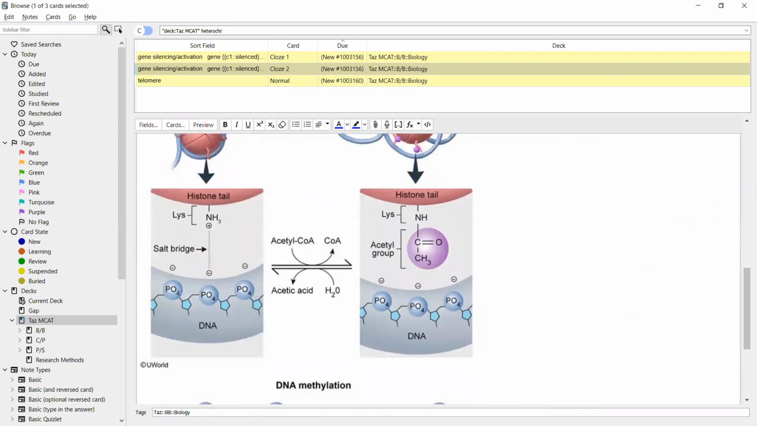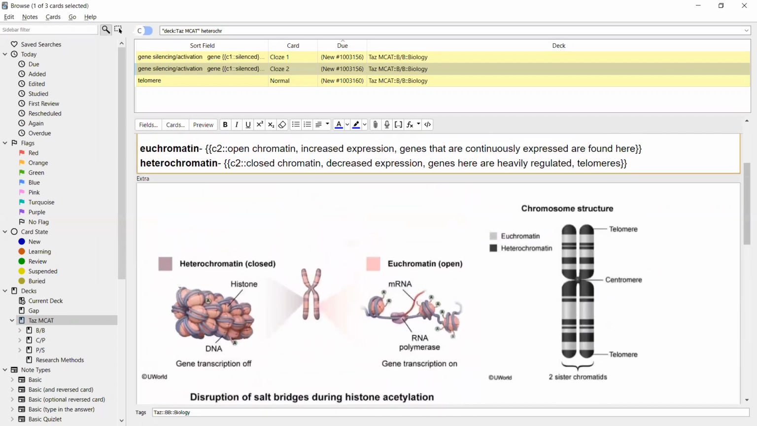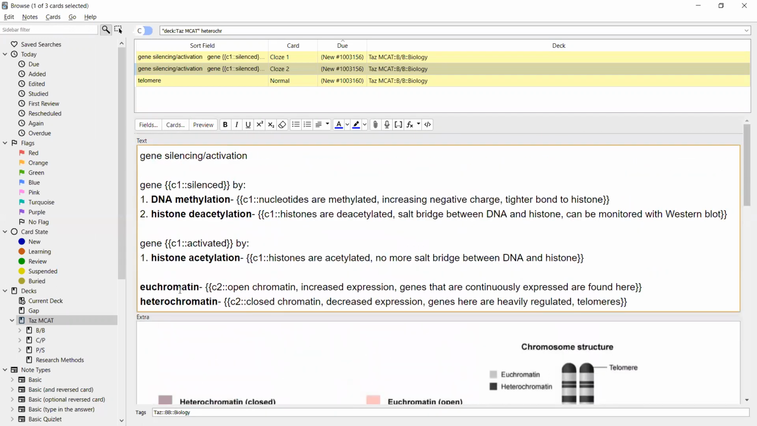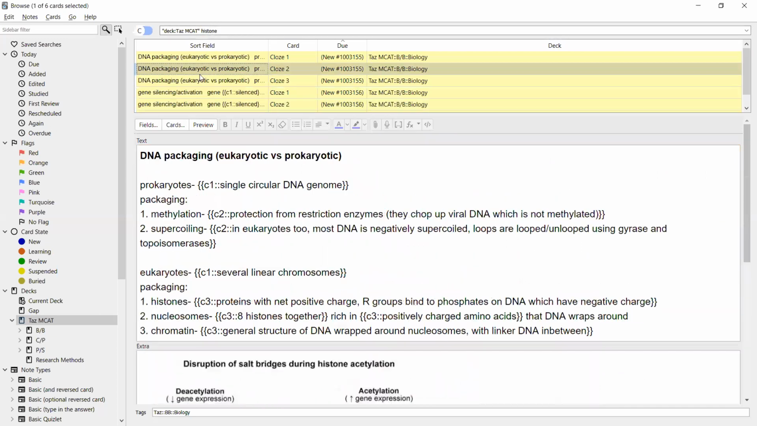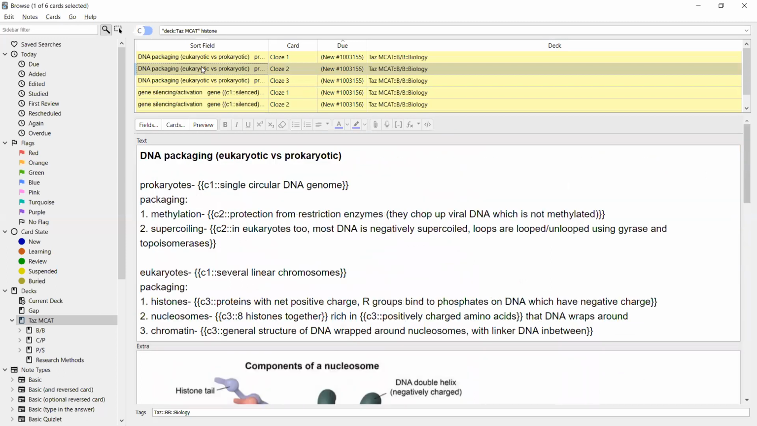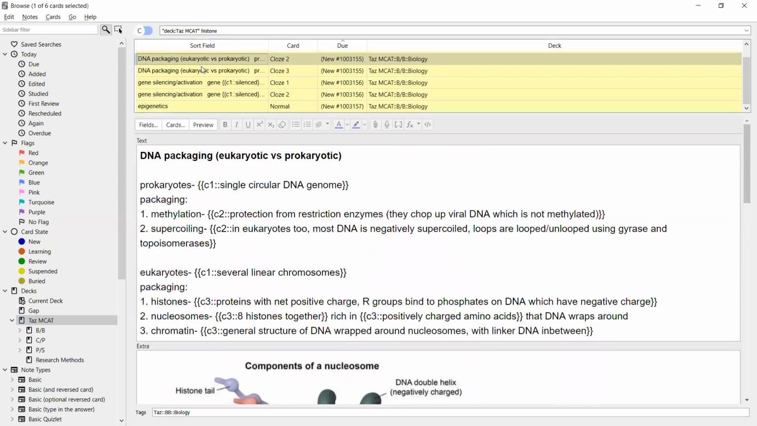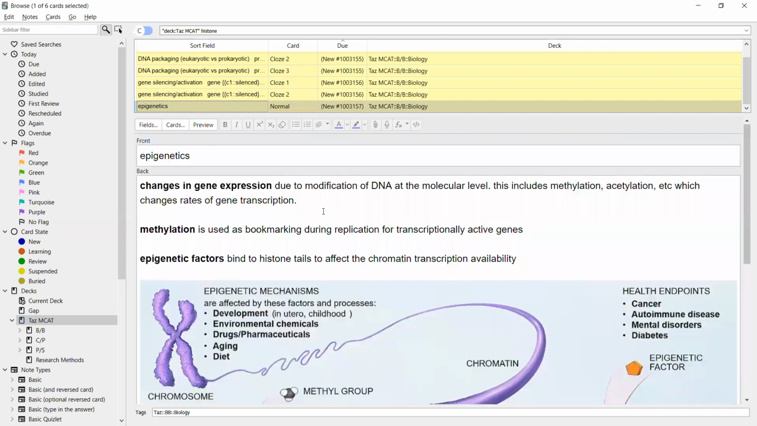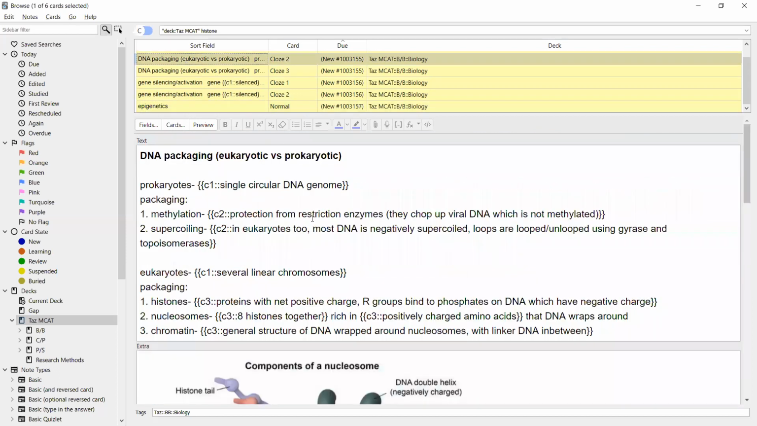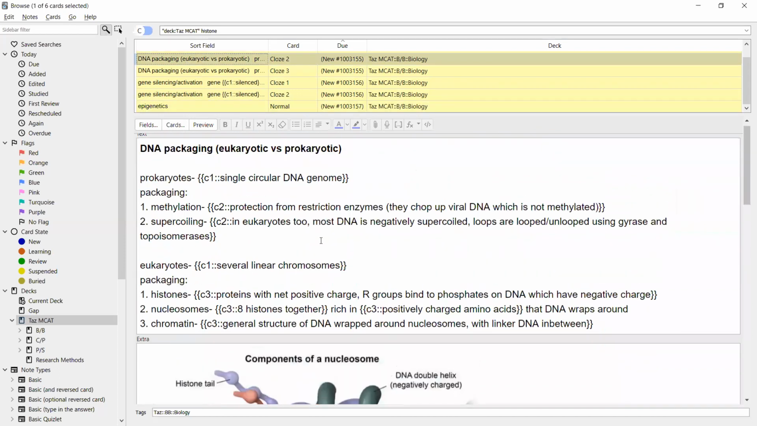Yes, I think this is the best way to explain it. But first I need to explain histones. Okay, I can't explain this yet. I need to explain histones. Okay, I guess I can explain it this way. So